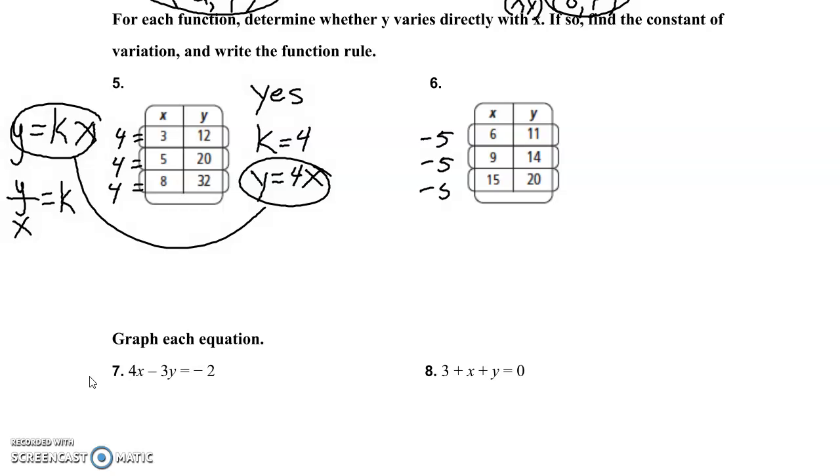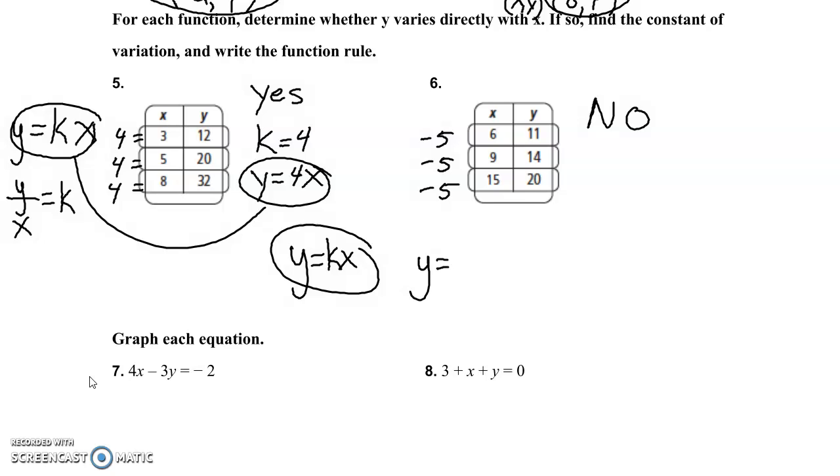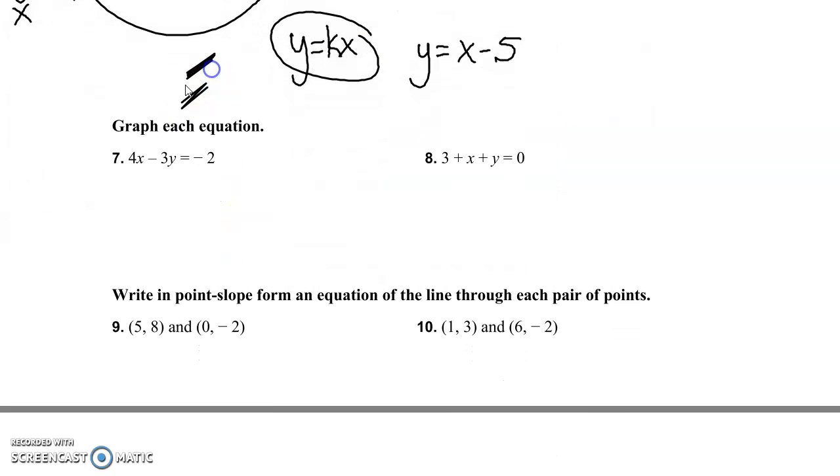But you can't do that because a function rule is, remember, y equals kx. There's no plus or minus at the end for the function. This is the function. You can't do plus or minus at the end. So we know right away, because there's no division or multiplication possible, this is a no. It's not a function, because the answer would actually be y equals x minus 5 every time, I think, or something like that. I can't figure that out on the spot, but that's what the rule would look like most